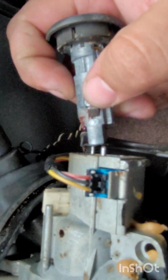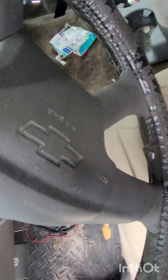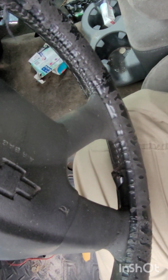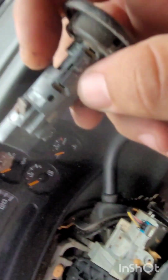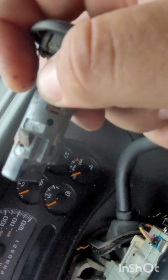So when you remove this cylinder, you want to be very careful, because this bar right here is the release bar. And under certain circumstances, you can actually cause that bar to fly off. Okay? So what we were doing inside the ignition was taking our pick and pushing up against this bar right here. Okay? So in other words,